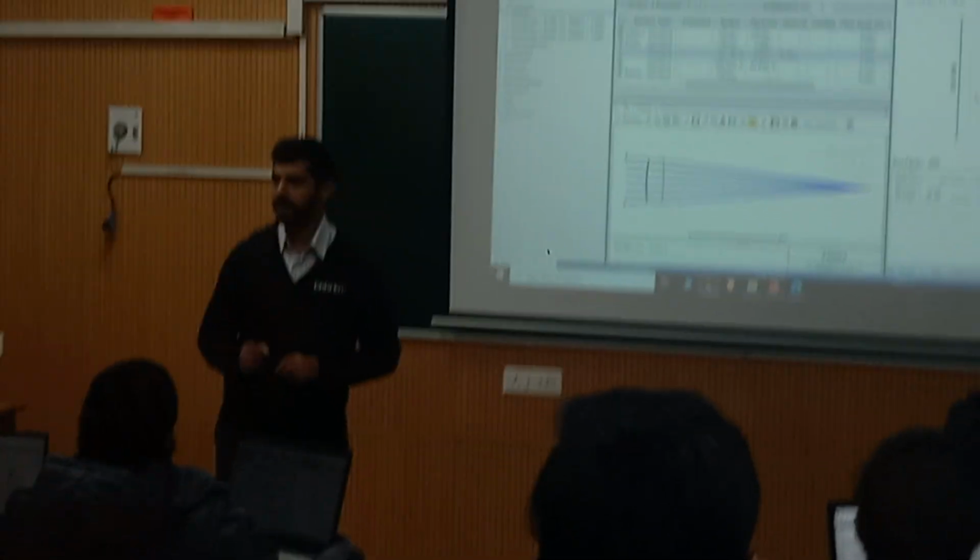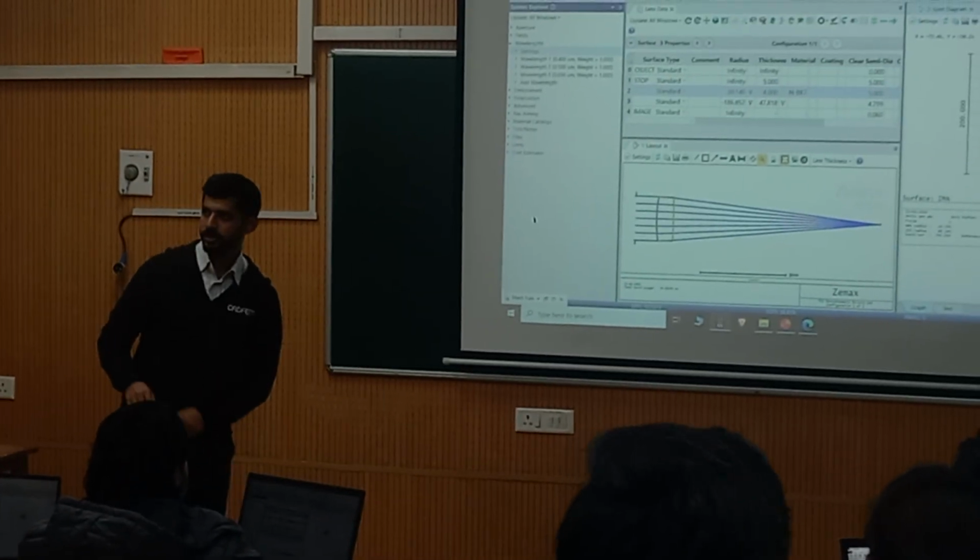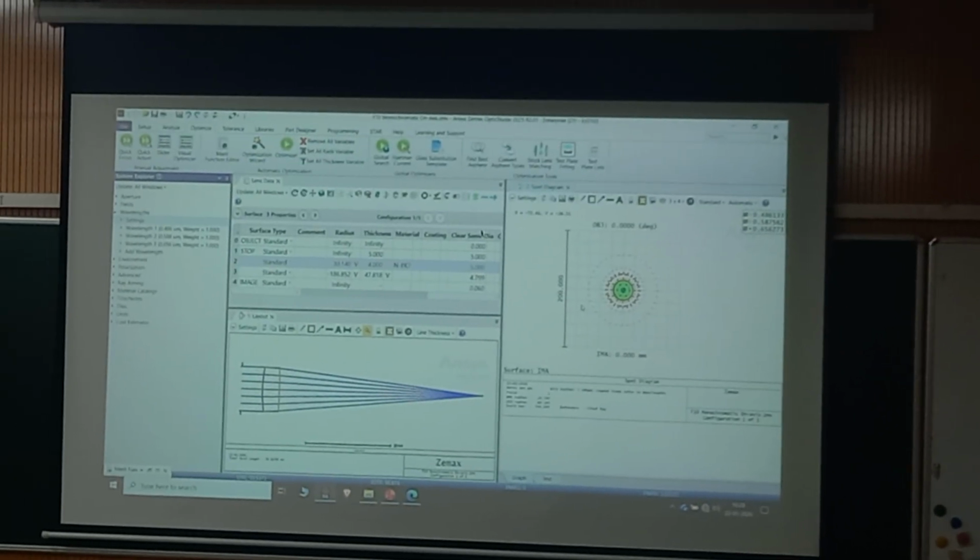Achromatic is correct. Now we have done some modeling and we also have some experience. So if I want to model a doublet lens, the cemented doublet, what modification should I do over here? One more surface. One more surface.